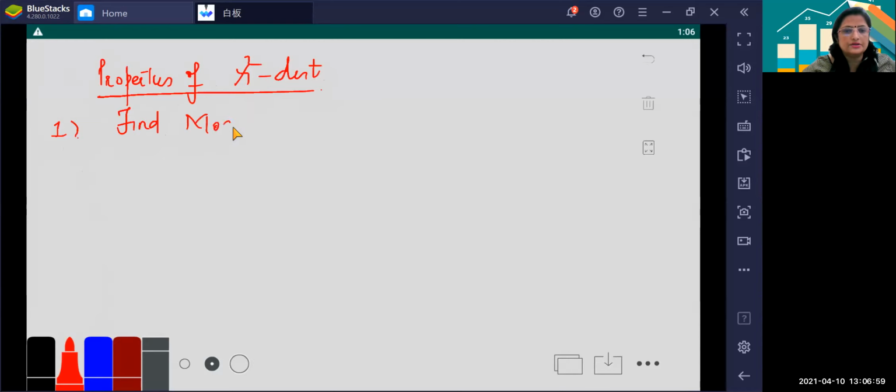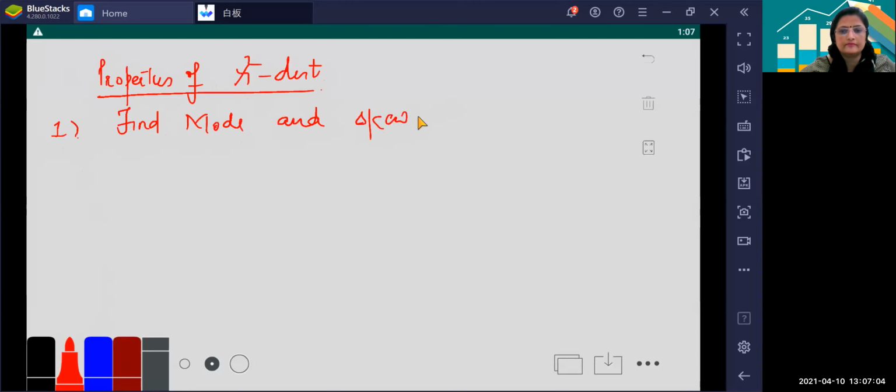So today we will continue to do the properties of chi-square distribution. Properties of chi-square distribution. The next in the category is find the mod and